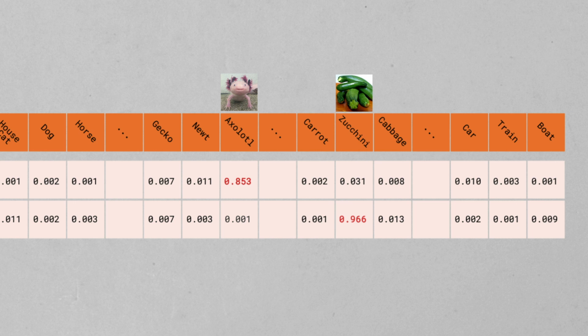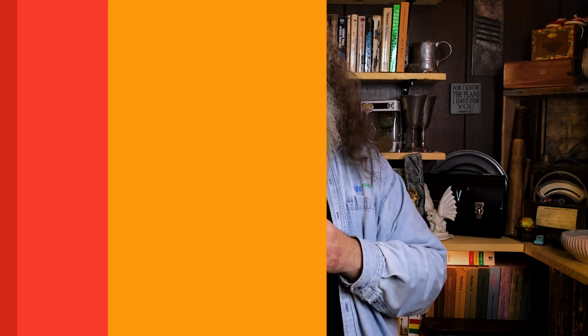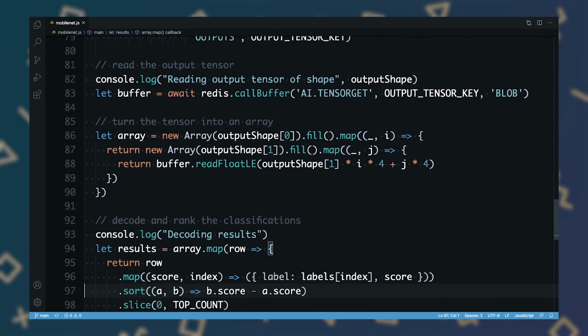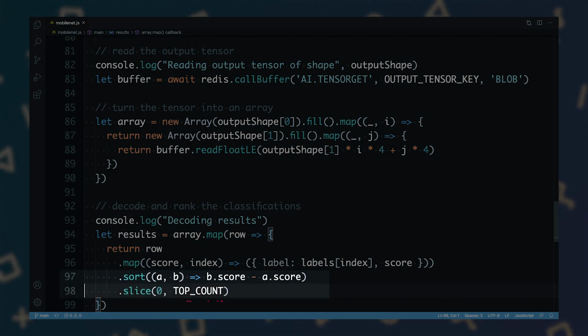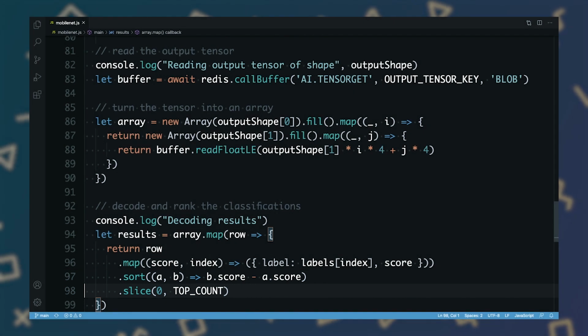To turn the results into something more meaningful for humans, we need to decode the results. This is just a matter of loading the labels, which we did back at the beginning, into a parallel array of strings that maps to the 1001 items the MobileNet can classify. We merge these arrays together with a map. Then we sort and slice to get the top results. We're going to take the top 5 results, as it can be useful to see what the runners-up might be, especially for images that the model might be having trouble with. Putting it all together, we end up with about 100 lines of code that quickly classifies all the images you want. Let's try it out.